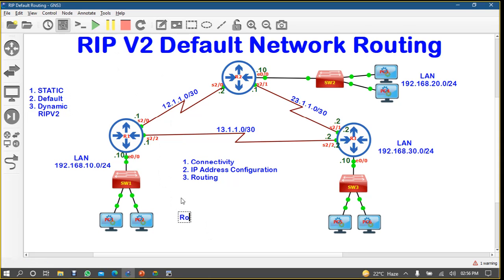We come here to router, then we type here, suppose if we are on router 1, we normally type here router RIP, then we type here version 2, then we type here network and the connected network. So maybe if I'm on router 1, we will write like this,